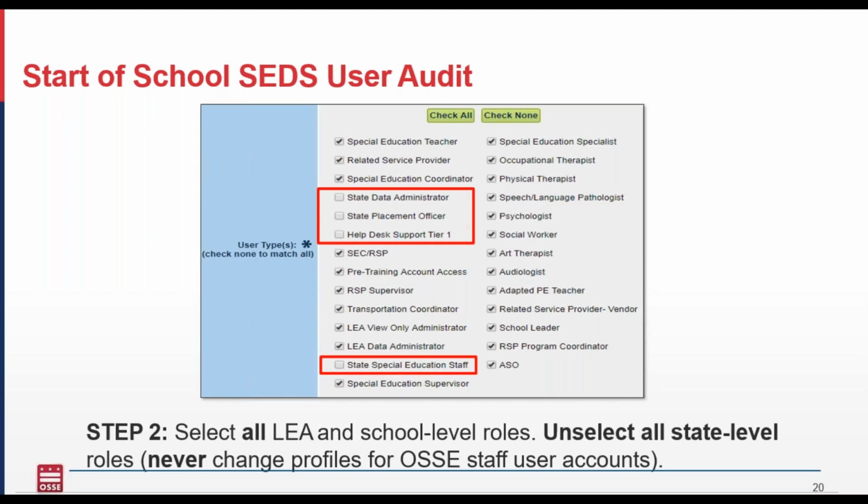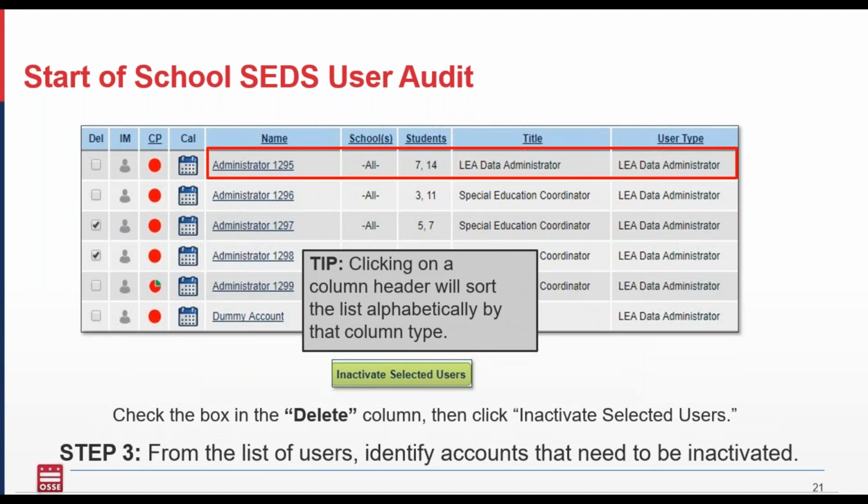In the next screen, this is where you will be able to select users that you may need to inactivate. One thing about SEDS is, although we're telling you that you should delete inactive users, users are never actually deleted from the system. Their accounts simply become inactive. So if the person returns, you can always reactivate the account at a later time. For any staff member that is no longer with your LEA, you'll select the delete in that delete column. Just put the check marks next to delete, and you'll click inactivate selected users. Okay, these people will now become inactive in your database,